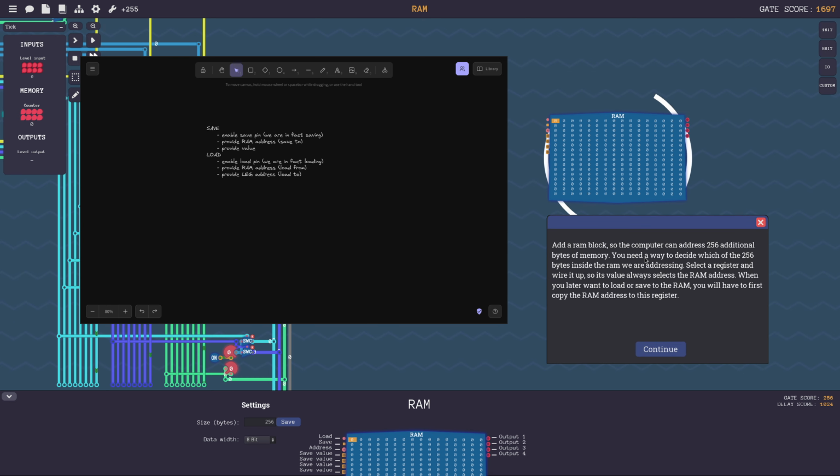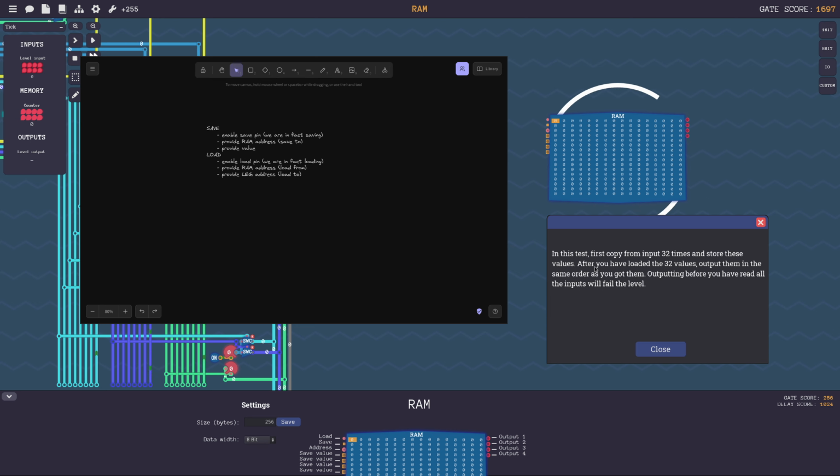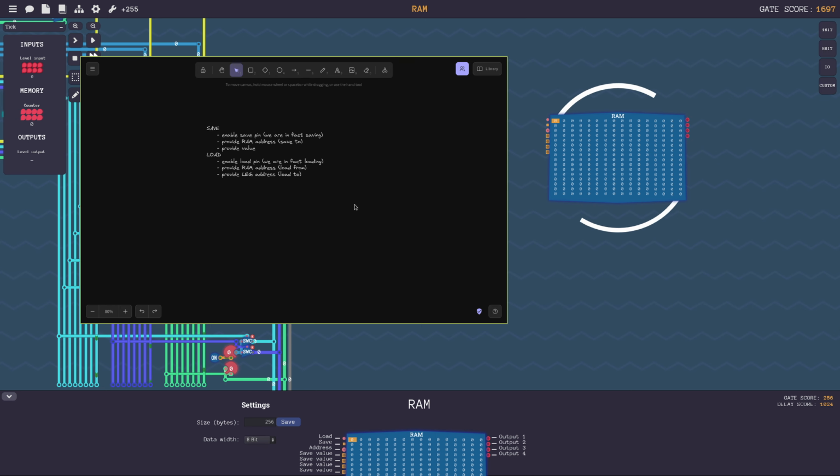Does the problem statement say anything about this? The way to decide which we are addressing? Yeah, so this is my second thing. I need to provide a RAM address. Wire it up. No, that's all. Copy from input 32 times. Okay, so